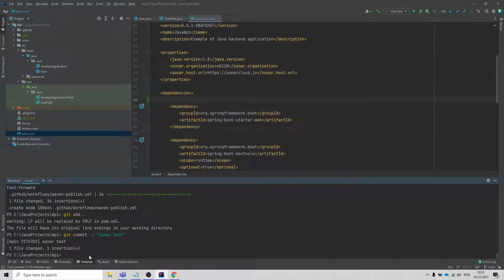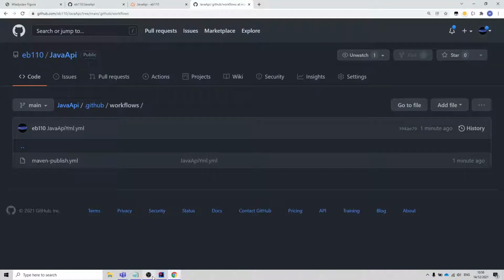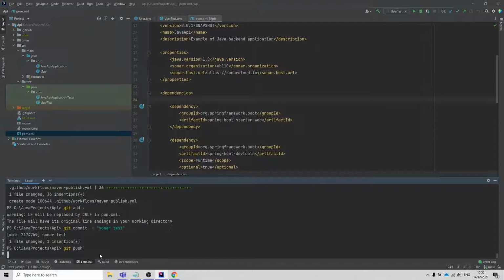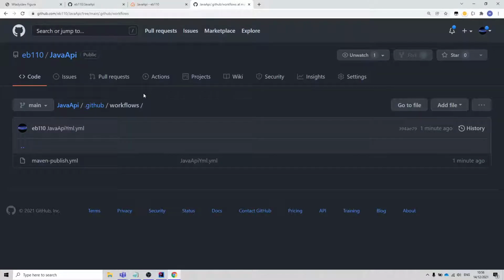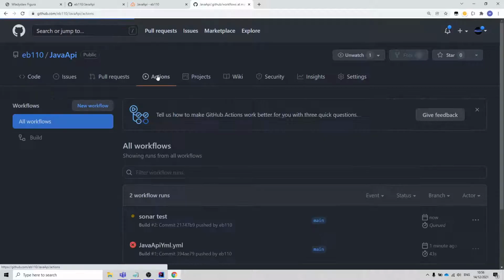and git push. So the functionality of Sonar Cloud works like this way, that every time you're gonna push something to your remote repository, then Sonar Cloud automatically will test this file and gives you some output to your project. So go back to, no, we have to perform that push operation. Okay, then go back to your remote repository for this very project, click Actions,